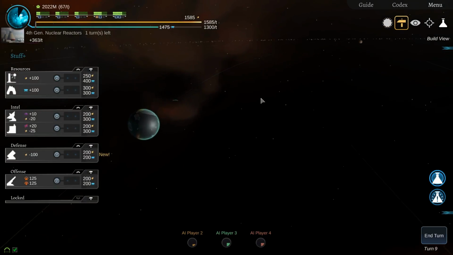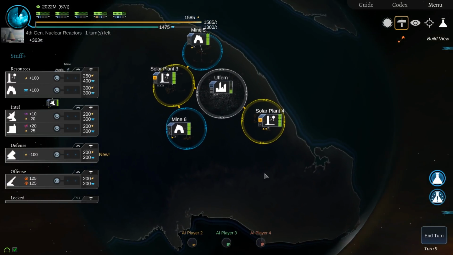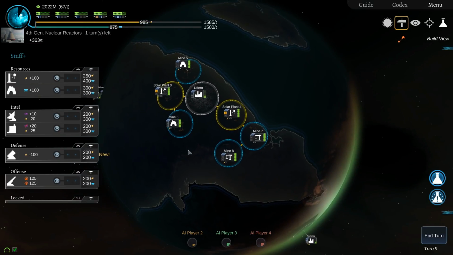Now, I've gone for a very high density mining solution, as you can see. Everything all clamped together. And that's just the way I've gone for it. There's no reason why you can't do this or why you can't split it up. It's really what you prefer. I'm just going to connect this up again, leaving a gap there for the inevitable...